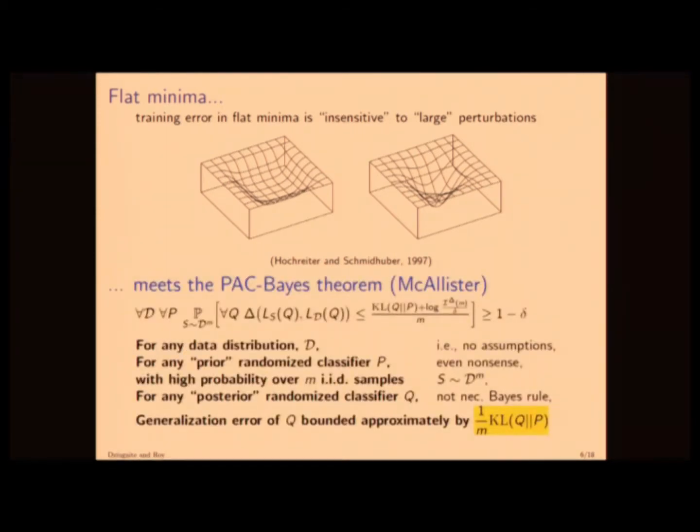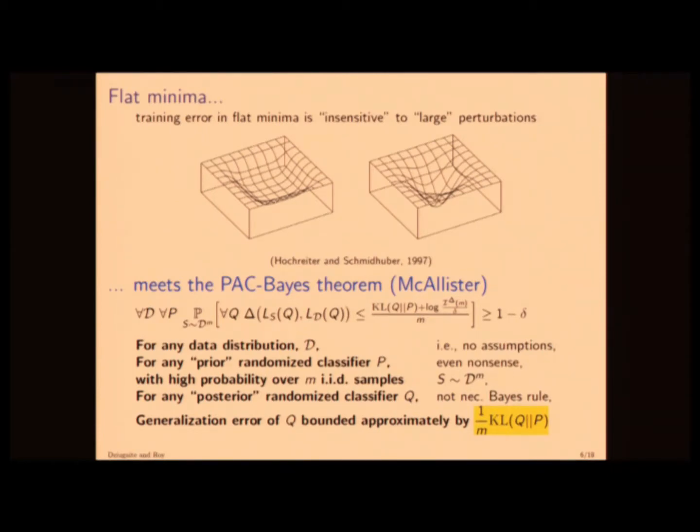So the idea is that I can perturb the solution and not incur too much excess risk, whereas here, if I perturb the solution, I incur quite a bit of excess risk relative to where I started. That means that a randomized classifier situated here is going to have roughly the same good performance as the one that was in the minimum. So that's the basic idea. And so we can study the generalization error of that randomized classifier that we fit into this big valley using a PAC-Bayes theorem. So here's a statement in mathematics of a general form of a PAC-Bayes theorem.